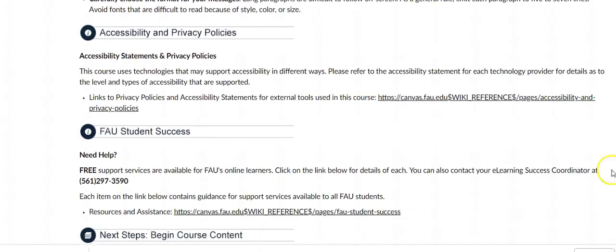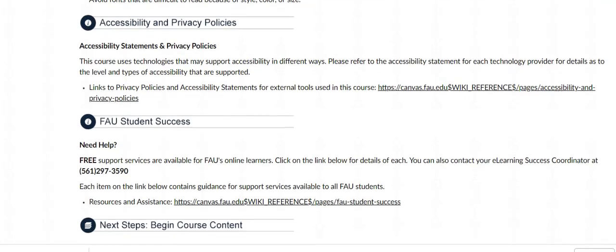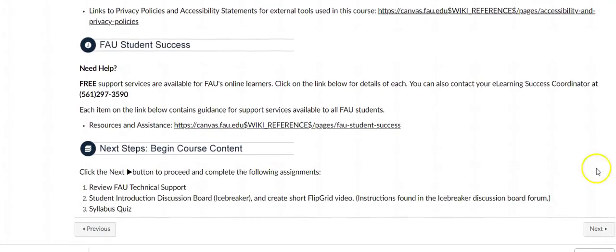Below that, I have here the accessibility and privacy policies. And below that is some FAU student success information. Last but not least is a little to-do list, things that you need to complete before going on to actually